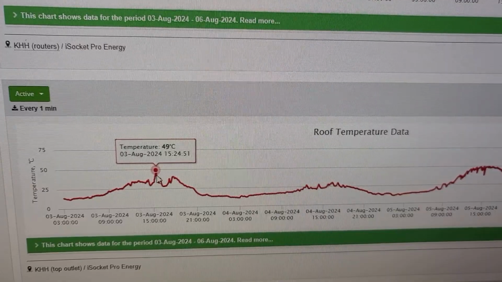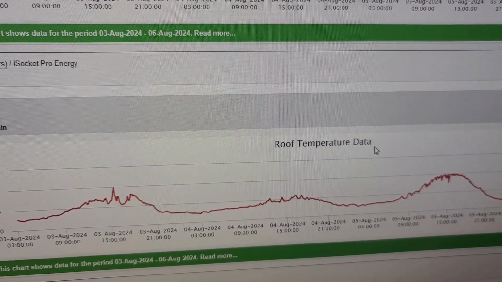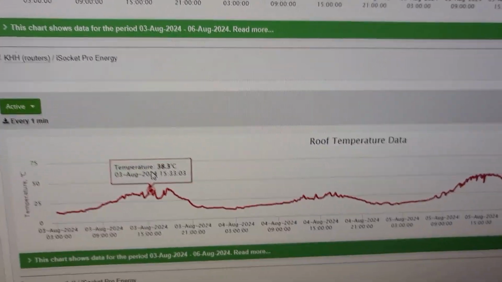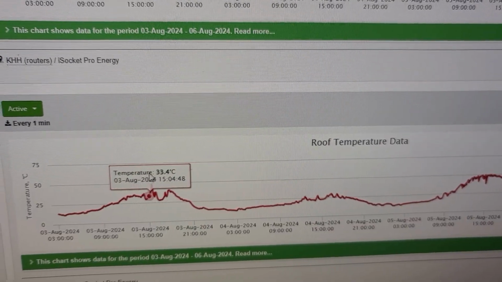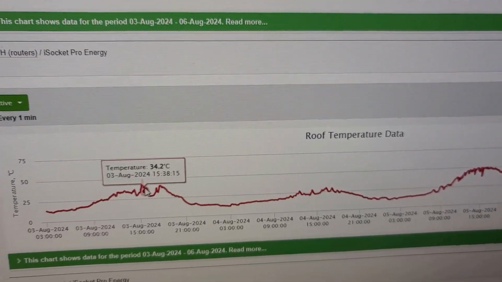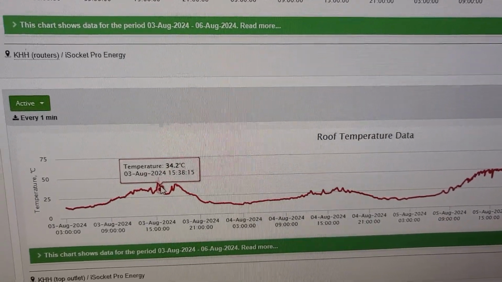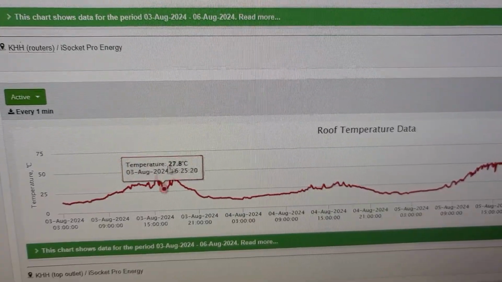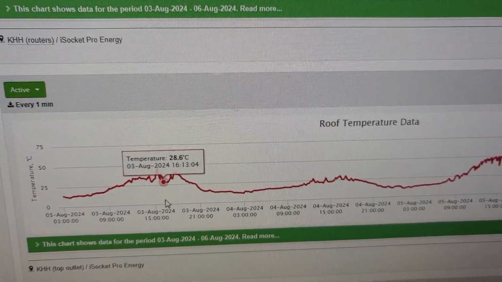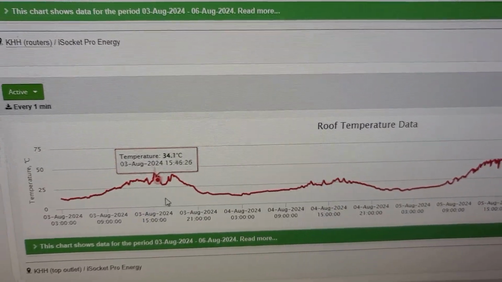I would actually want to say a few more words on the importance of this roof temperature data profile or monitoring. I'm currently working on a solar project, and it is quite important to know the temperature of the roof, so that you are still in the range of the temperatures allowed for the panel. For example, here we can see the peak of up to 50 degrees Celsius. Well, the panels are usually rated up to 80, 85 maybe. So it's quite important data.